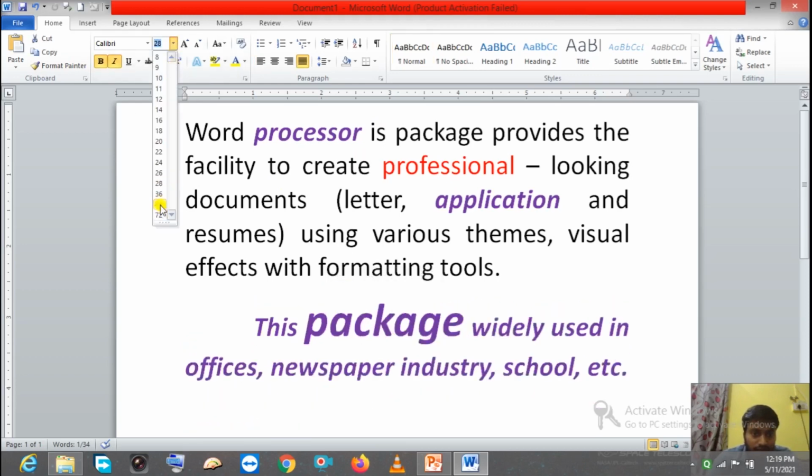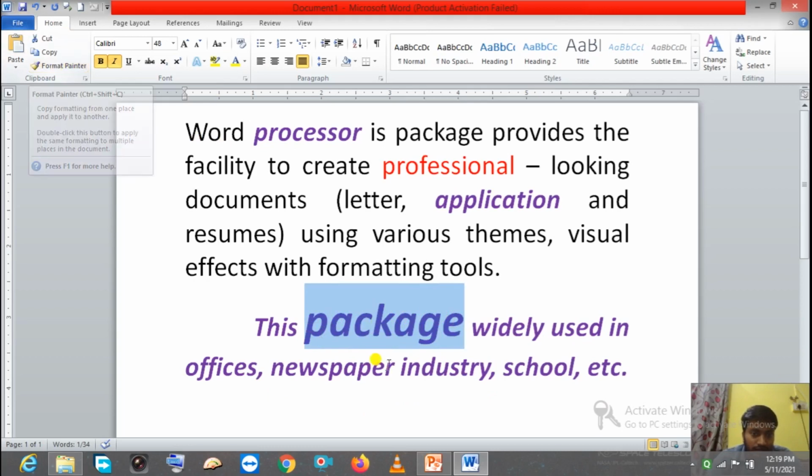Now let me change the size. I'm giving 48 here. Now let me select this text word. I want to increase the size of this package, and I want the same format of this package applied here.